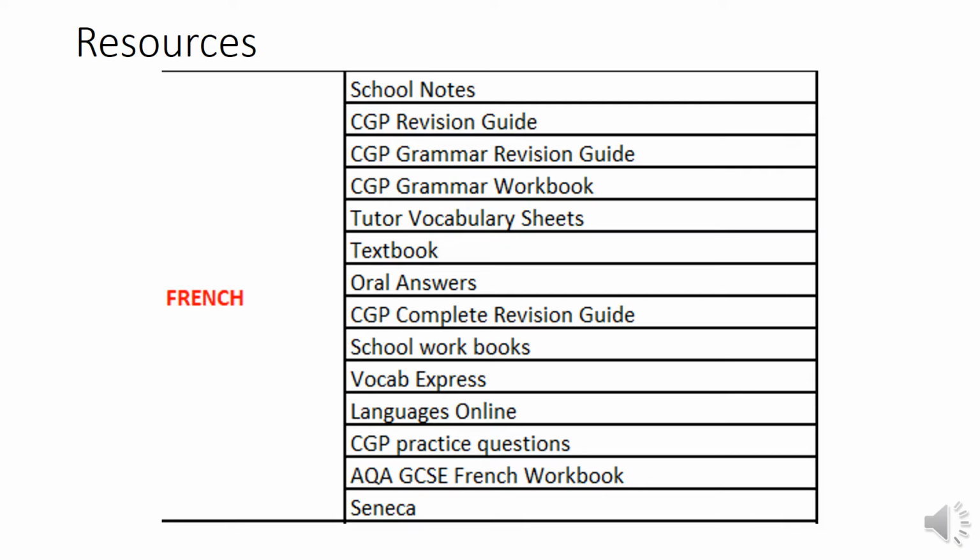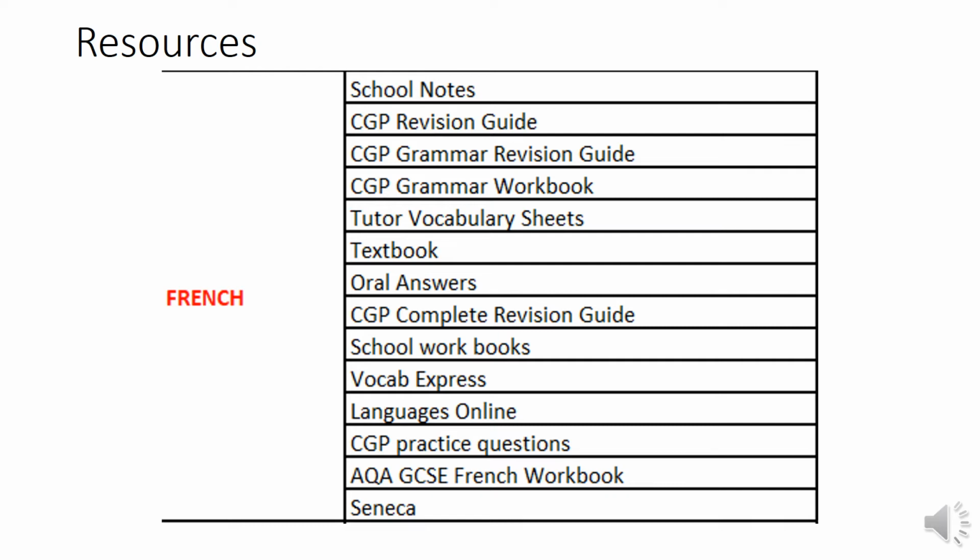Again, this is a list of my resources, but more extensive. From the top, we have your school notes, a CGP revision guide, the CGP grammar revision guide, along with the grammar workbook. My tutor had given me vocabulary sheets, the French Oxford textbook, oral answers, which were practice answers that I'd prepared for the first oral exam, the CGP Complete Revision Guide, workbooks which were given to me from school,